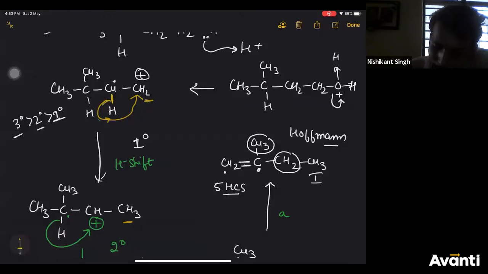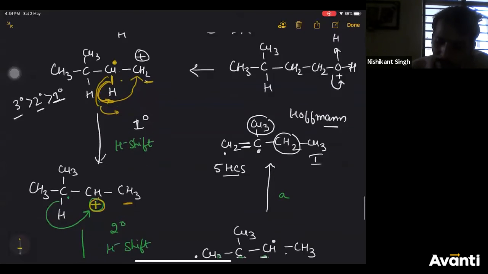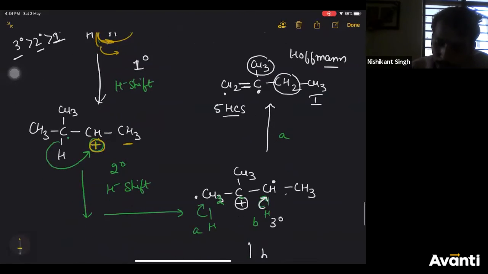And when this bond breaks like this, this carbon will get what charge? Positive charge, right? Same thing. So now you got a secondary carbocation, carbon having positive charge bonded to 2 carbons directly. Similarly, you did the hydride shift from the next carbon here. You got a positive charge. If there was a methyl, methyl can also do the same type of shift.